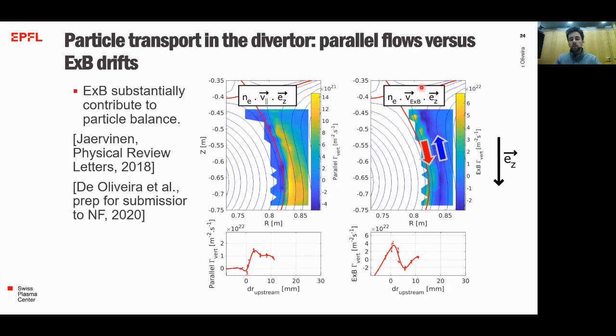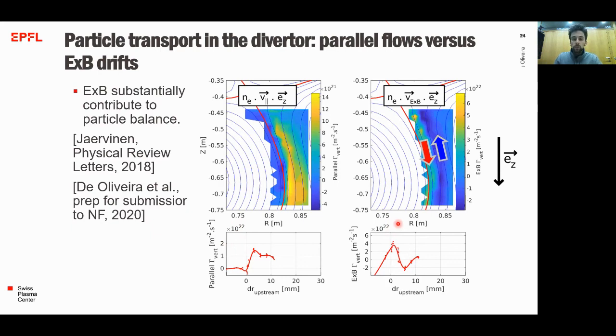However, when we project the E-cross-B velocity in the vertical plane, you can see that the contribution of E-cross-B flow is not negligible at all, and sometimes can dominate the contribution of parallel flow. So here, for the parallel flow, we can go up to 1.5 10^22, while for the E-cross-B flow, we can go up to 4 times 10^22. The fact that E-cross-B flux sometimes dominates parallel flux in heat and particle transport